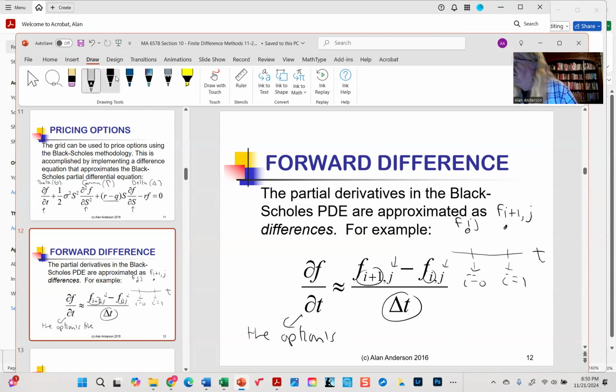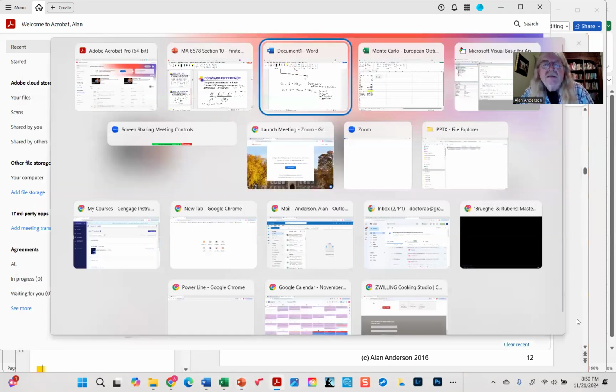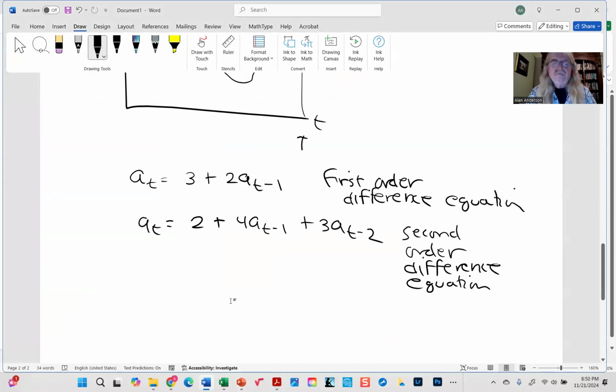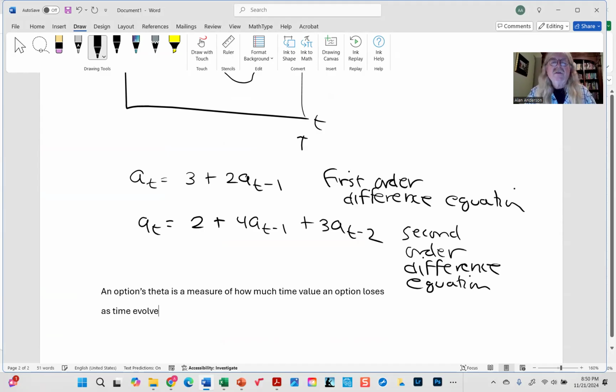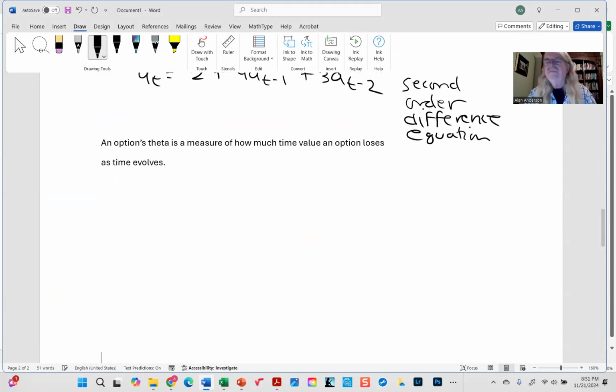You might recall that the theta is actually a negative number. Just a quick refresher: theta is a measure of how much time value an option loses as time evolves. So just another quick reminder, when you look at a graph of, let's say, a call option,